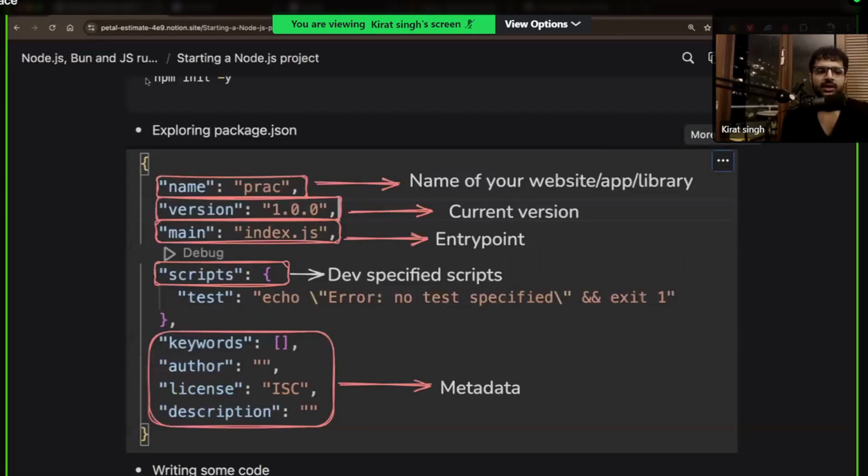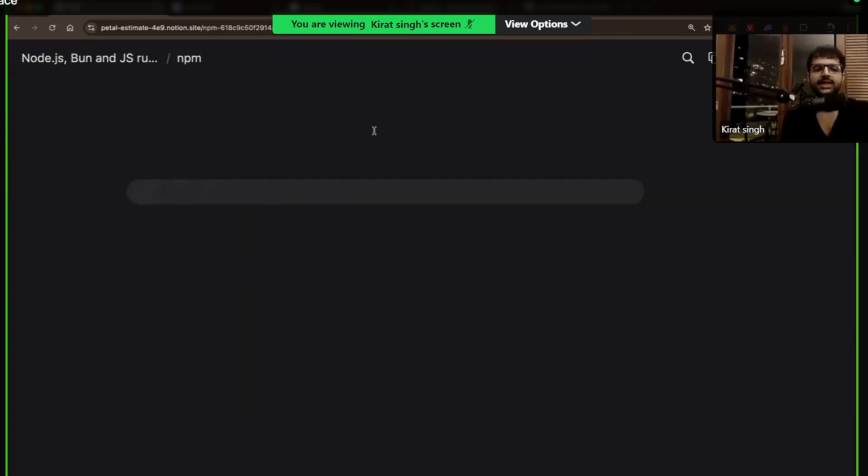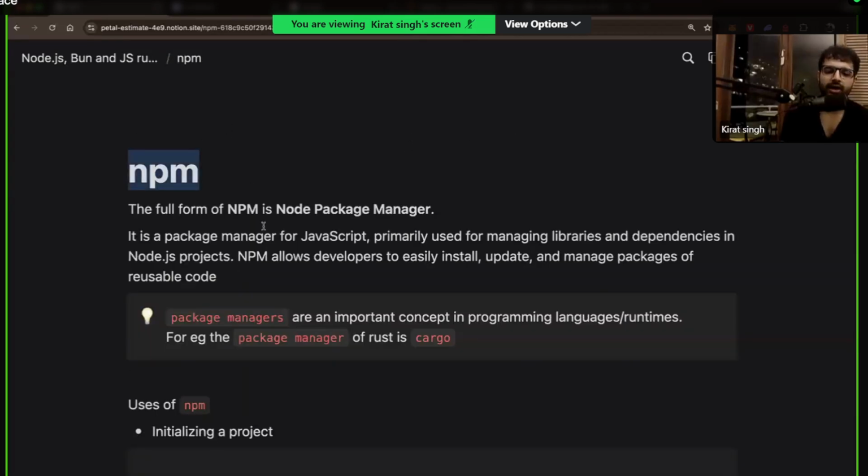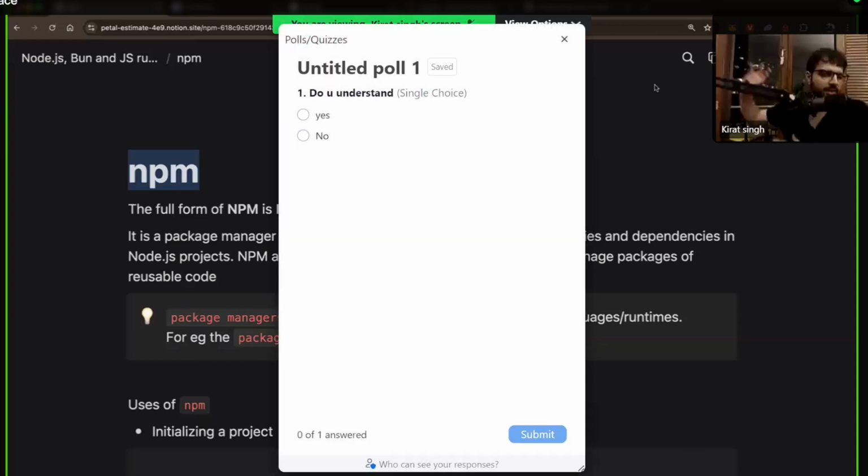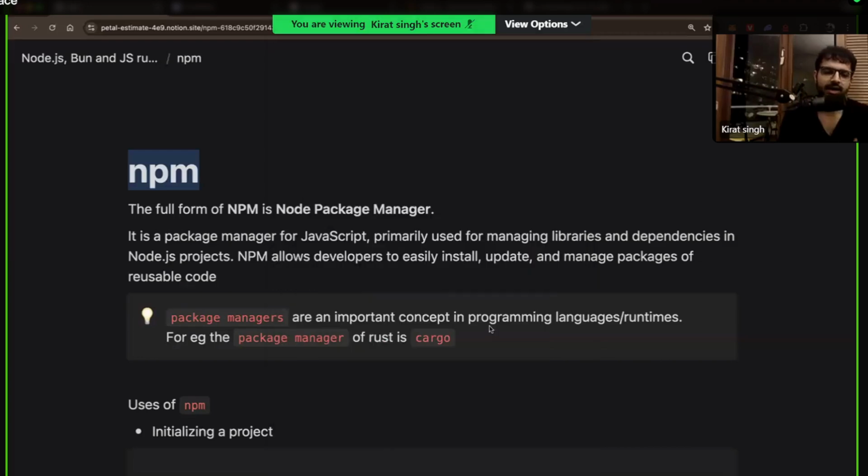Cool. Done with starting a Node.js project. Let's get into npm and what it does. Before that, I would assume this was fairly simple, but let me do a quick poll. Are we good to go, guys? Shall we get to the npm registry, the npm CLI that we have locally, and how to use it? Great. 92% understand. I think that's a decent enough number for us to move forward. Again, I'm available at the end for doubts.